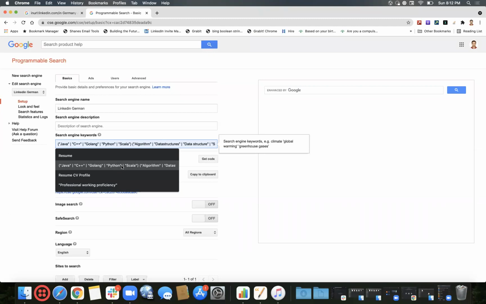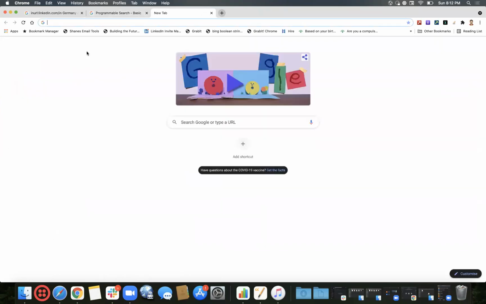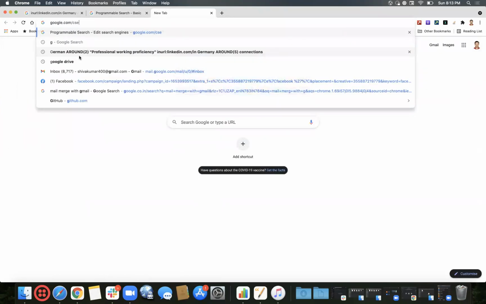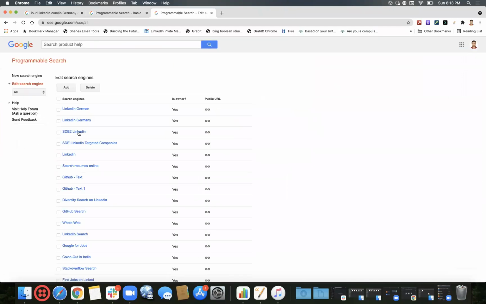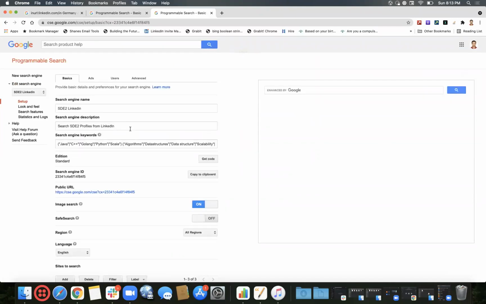Let me go to that one also. So if you see SD2 for LinkedIn, SD2 profiles from LinkedIn, and then we have given a list of keywords, and these keyword numbers are somewhere. Let me just see.